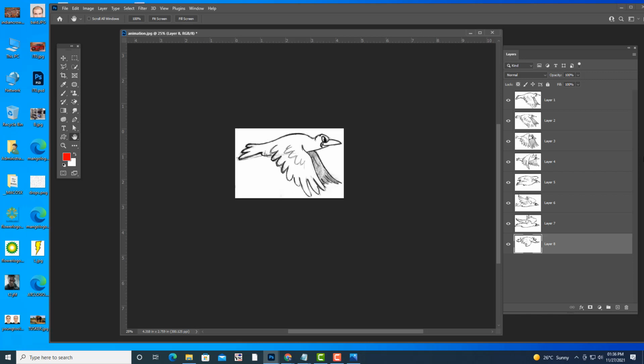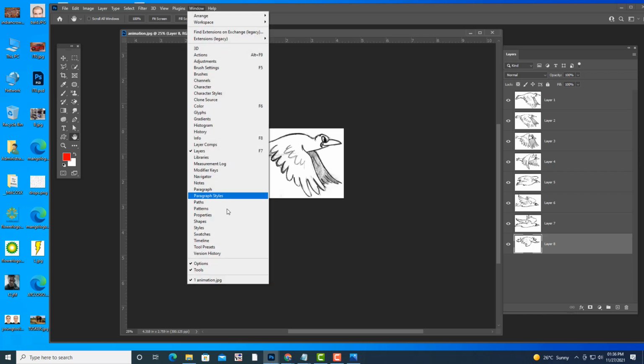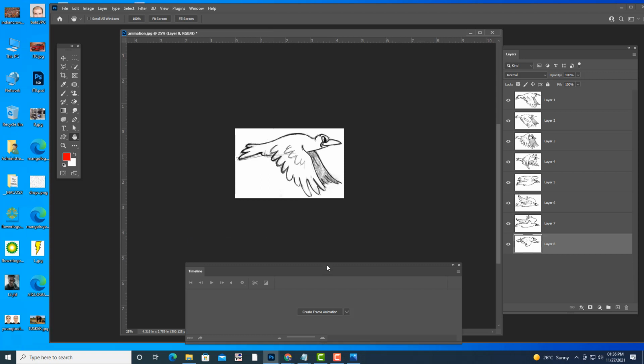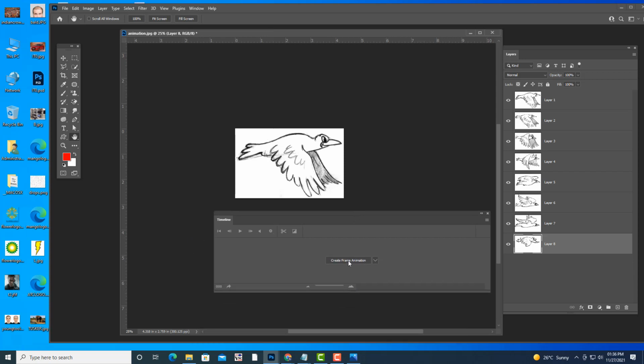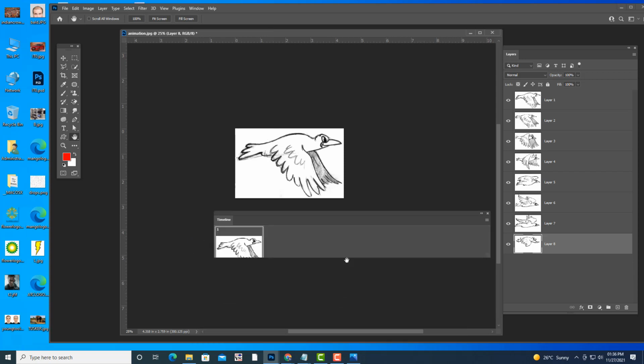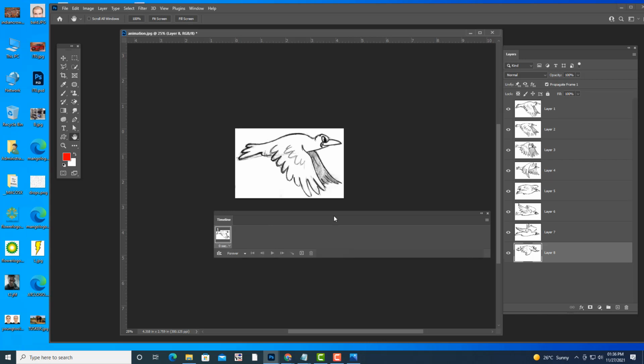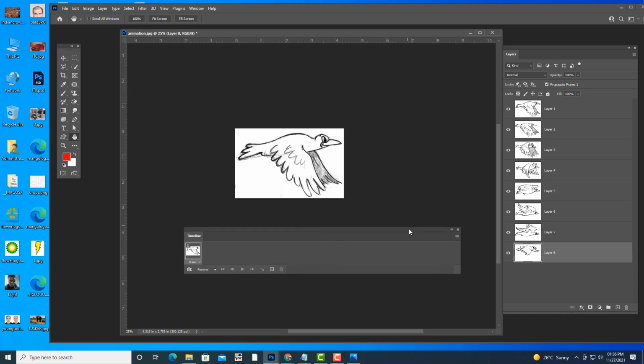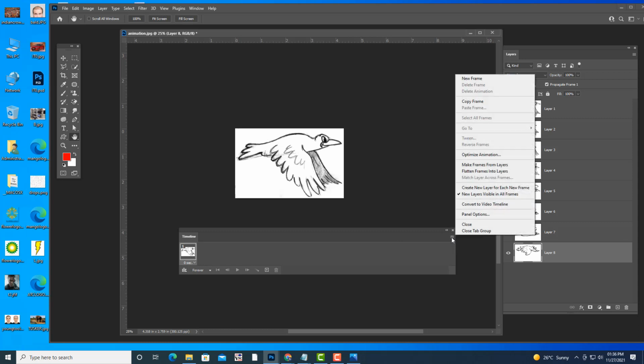Now just one thing we have to do: Window, Timeline, and then here click on create frame animation. Then click on the top right corner button, and click on make frames from layers.